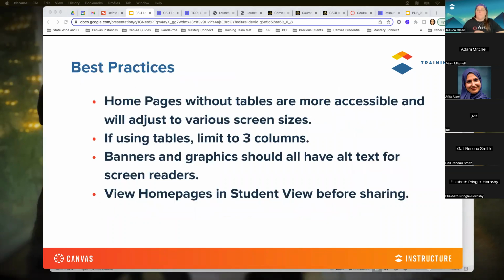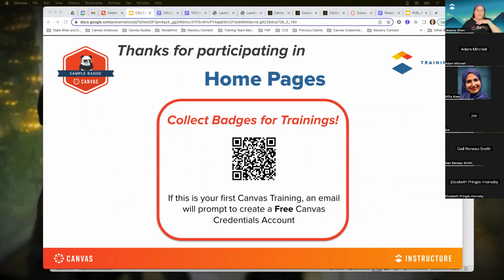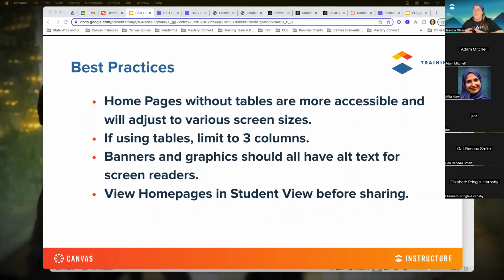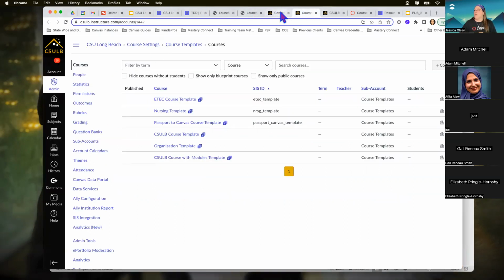Okay. So in review, home pages without tables are more accessible and will adjust to various screen sizes. If you have to use a table on your home page, please limit it to only 3 columns. I can't emphasize that enough. Banners and graphics should all have alt text for screen readers, and you should always view your homepage in student view before sharing. So what you can do is from your homepage,